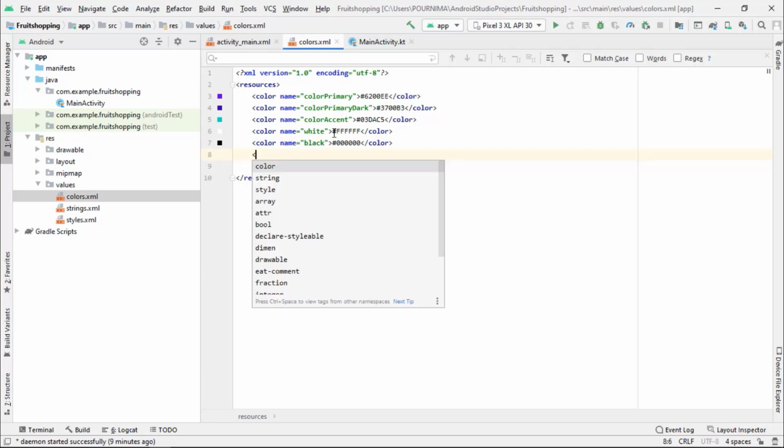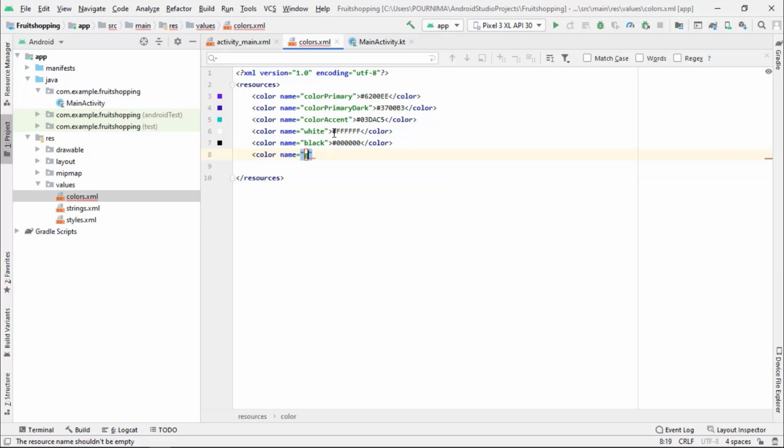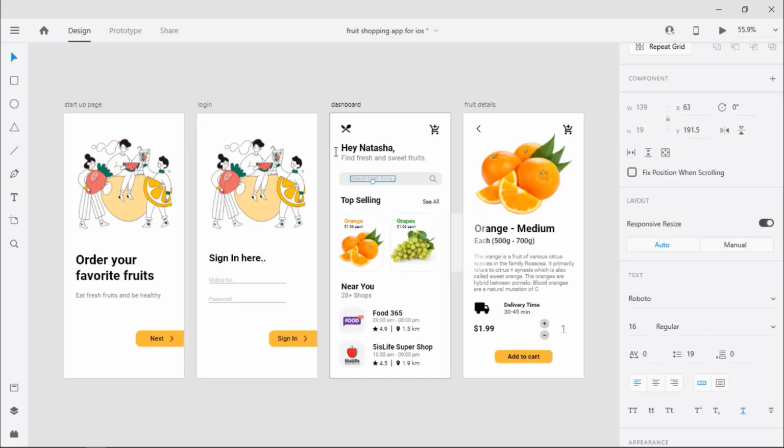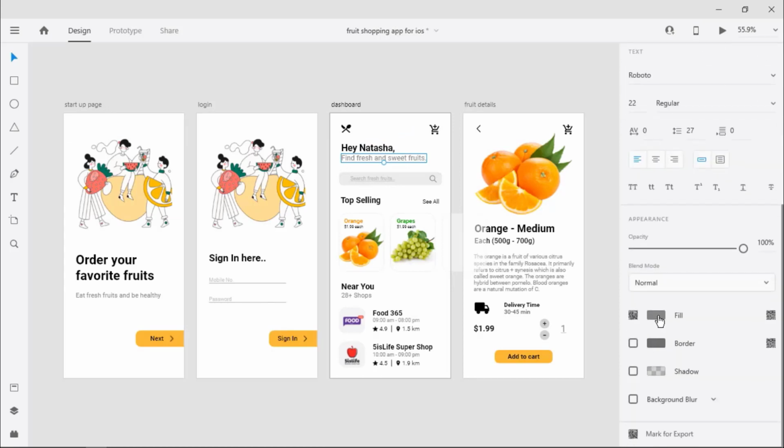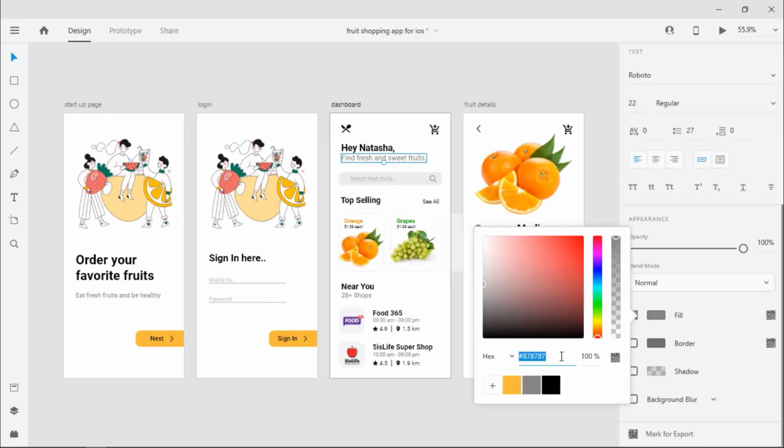Also we are going to use the gray color and the light gray color. So let's say gray. And for the gray color, let's take the color code from the XD file. So let's select the text and copy this code.